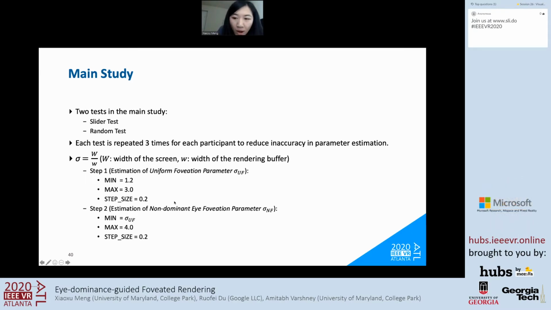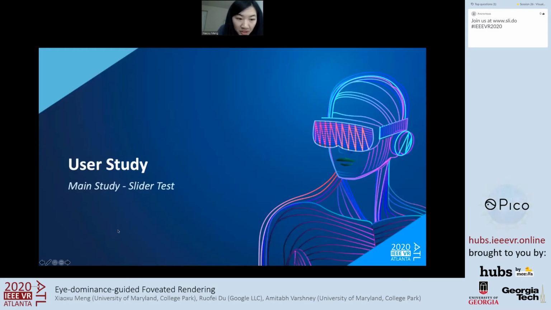In step 1, the estimation of sigma UF, the parameter sigma ranges between 1.2 to 3.0. And in step 2, we want to find a parameter which is greater than sigma UF in step 1. So the minimum is sigma UF in step 1, and the maximum is 4.0. We are using a higher upper bound here. Okay, let's take a look at the procedure